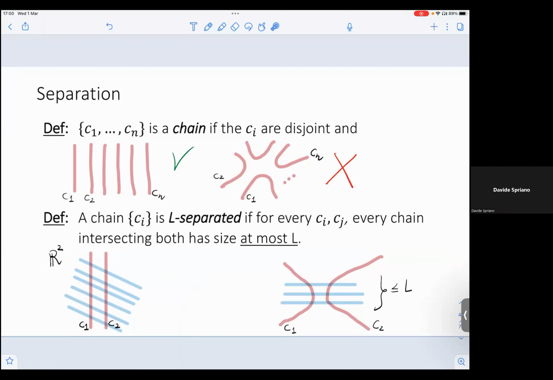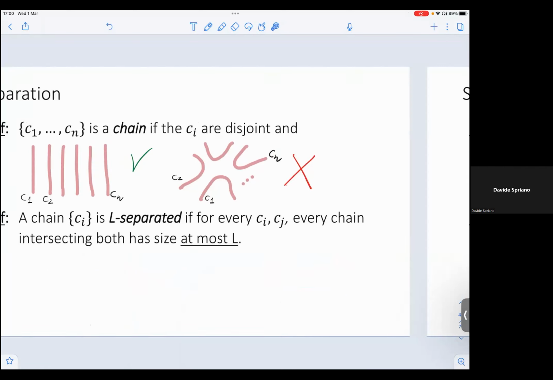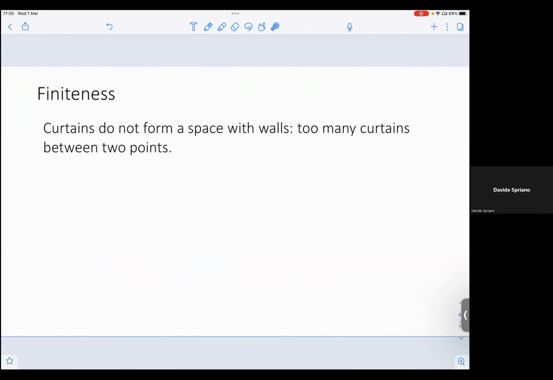Okay. Right. So this is about separation. This is a remark for the experts that know what a space with walls is. So curtains do not form a space with walls, meaning that you cannot use Sageev cubulation. So of course you cannot use curtains to prove that all CAT(0) spaces are cubulated, because it is not true. We just discussed that there are groups that act geometrically on CAT(0) spaces that cannot act geometrically on CAT(0) cube complexes. And the reason why they do not form a space with walls is that you have too many curtains